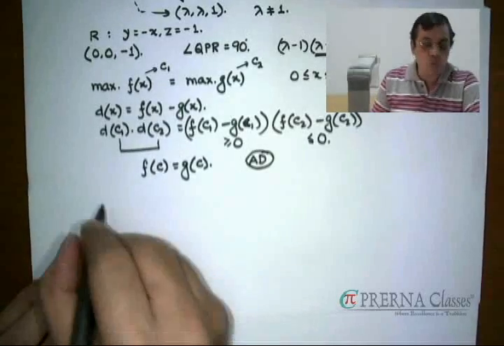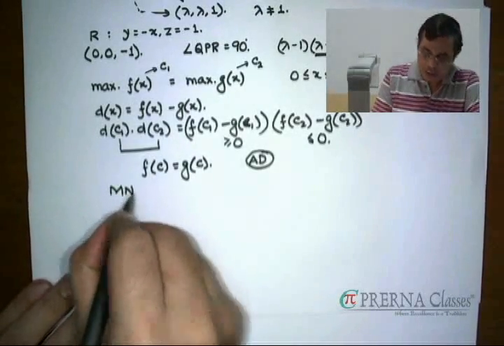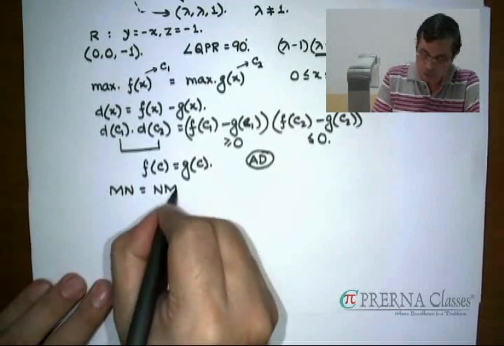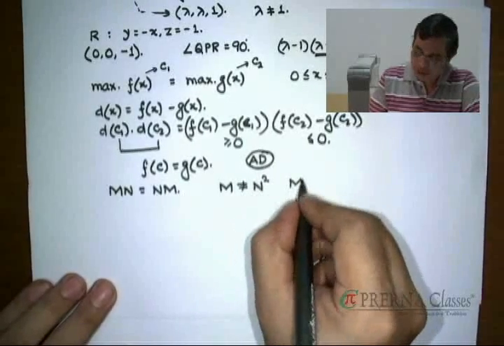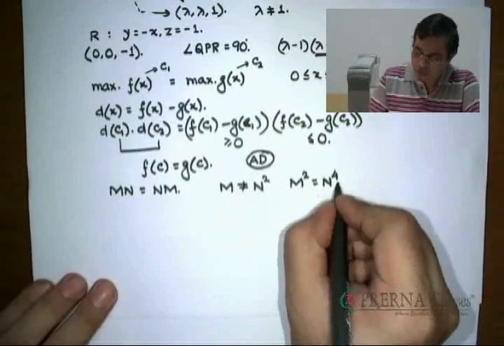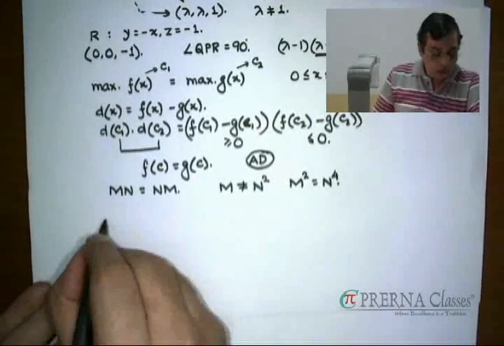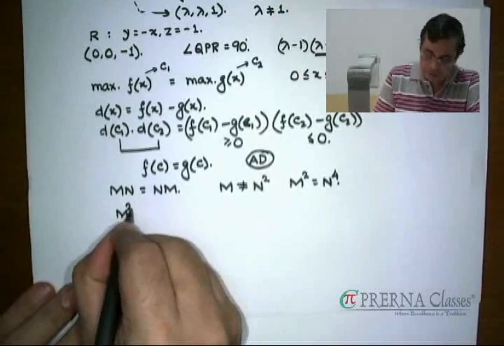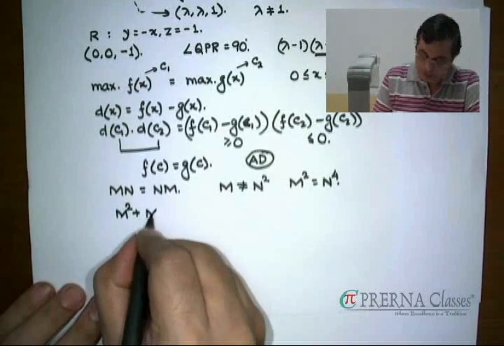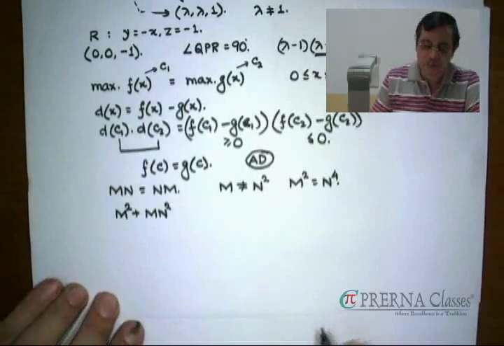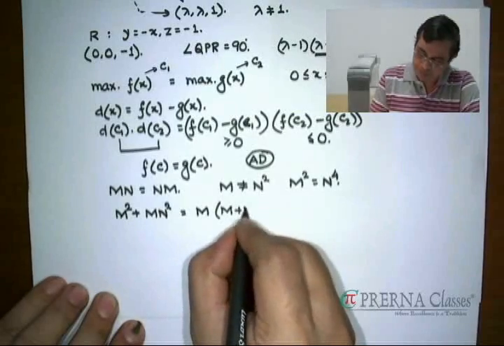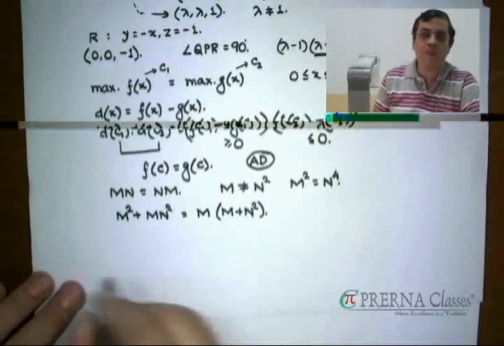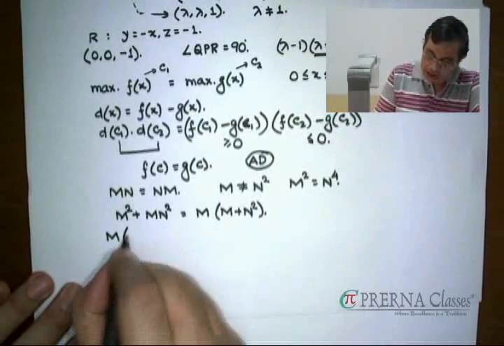The next question was dealing with M and N being two 3x3 matrices, satisfying the condition that MN is equal to NM, M is not equal to N square, and M square is equal to N to the power of 4. The various options there were dealing with conclusions about this matrix, M square plus MN square. Note that this matrix can be written as this one. If I then simply look at